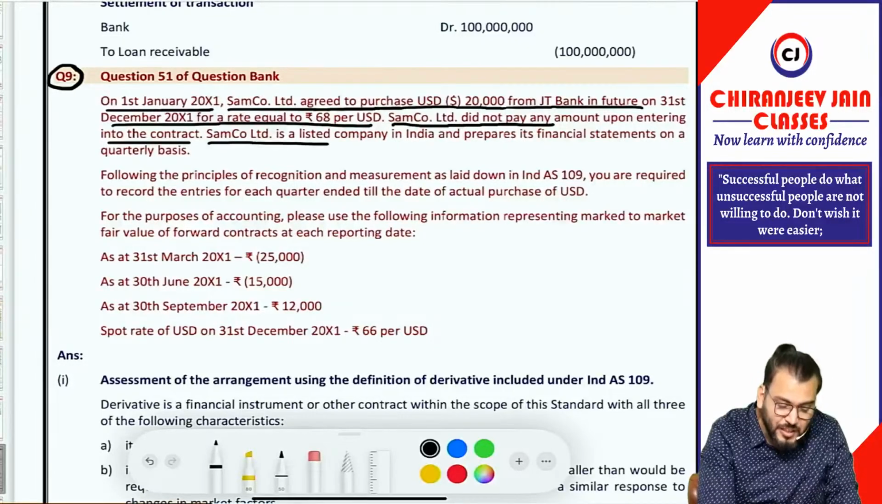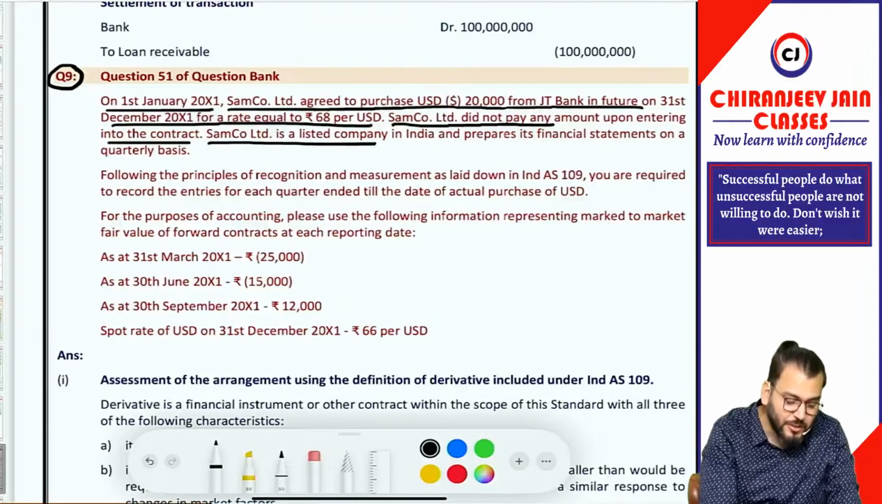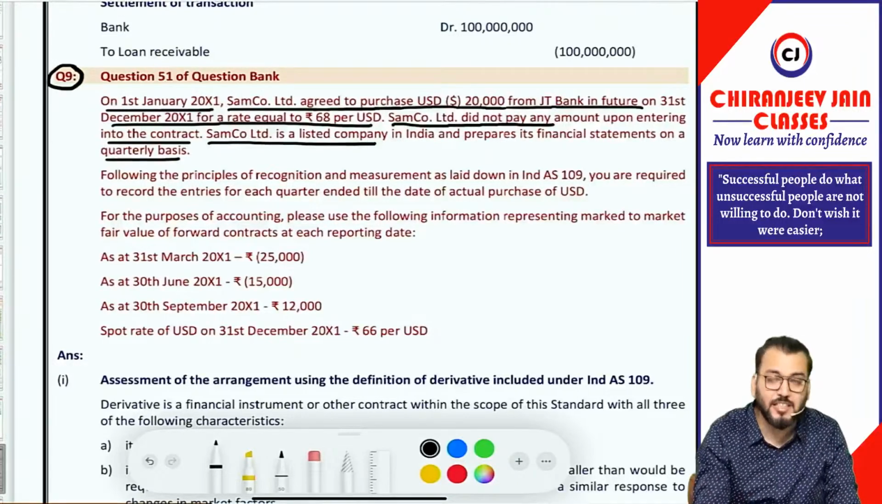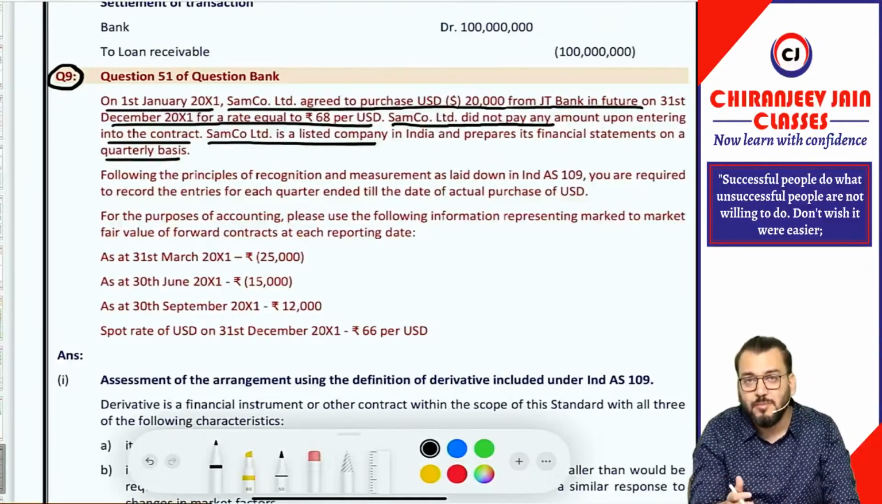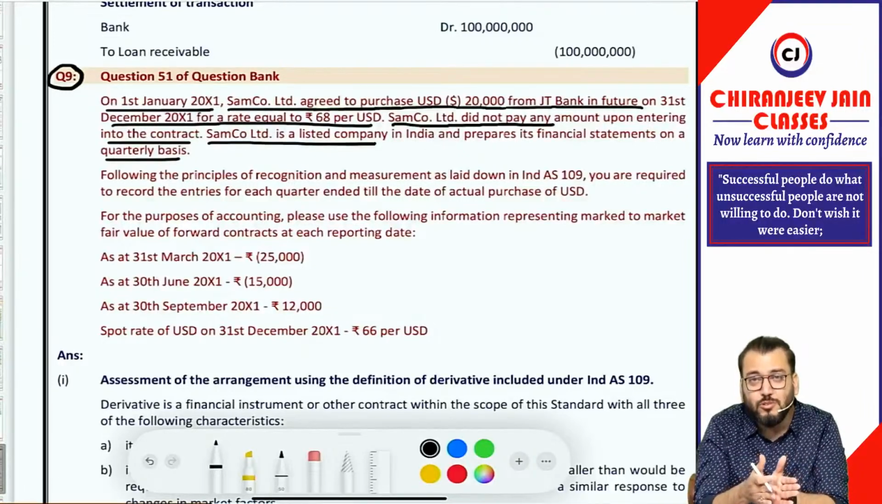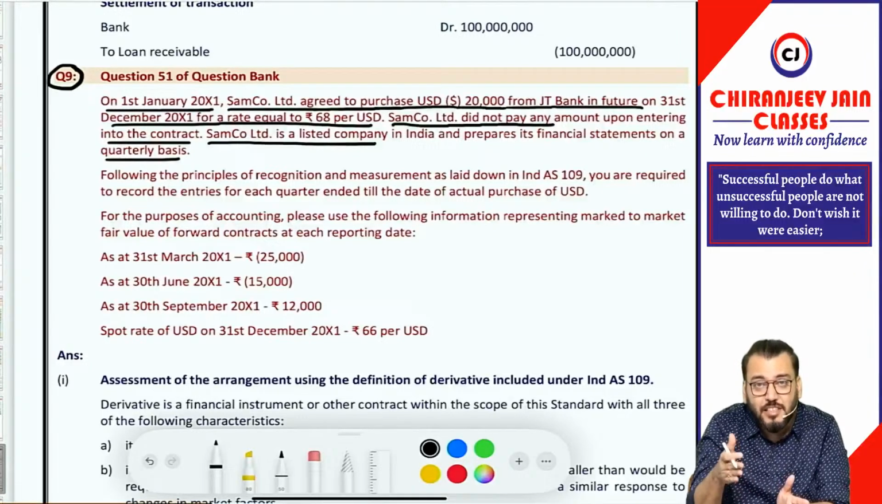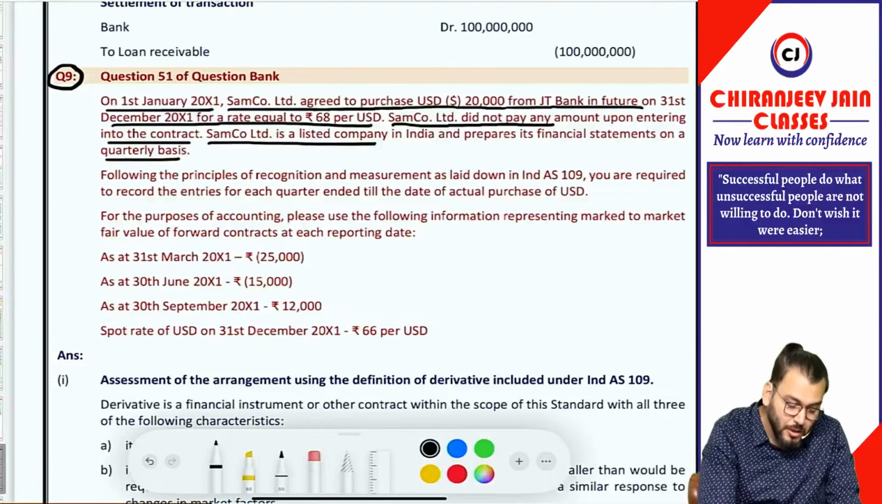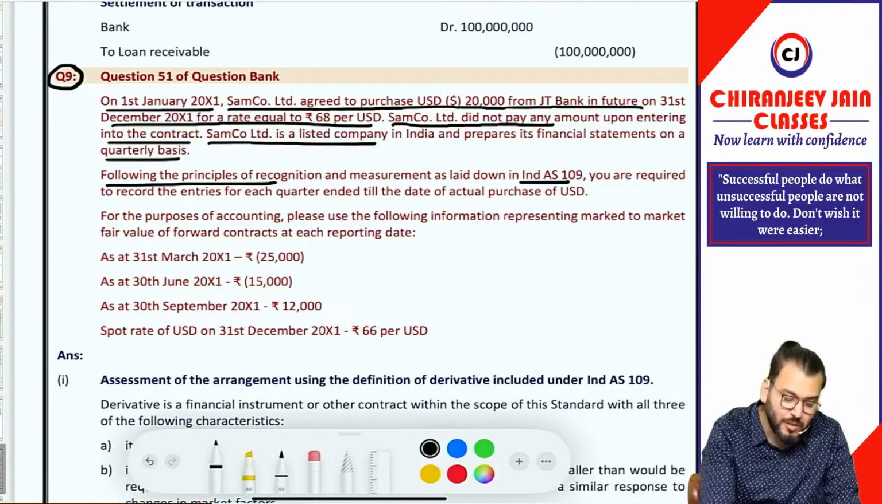Same Company Limited is a listed company in India and prepares financial statements on a quarterly basis. Whenever they say they are preparing on a quarterly basis, it means what? We need to do subsequent recognition at each quarter end, because we are preparing interim financial reports. Correct? Yes sir. Following the principles of recognition and measurement as laid down in Ind AS 109, you are required to record